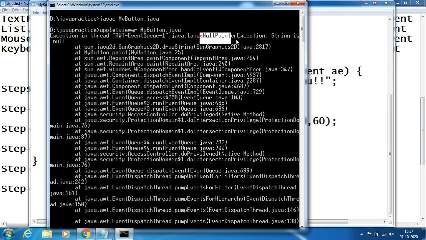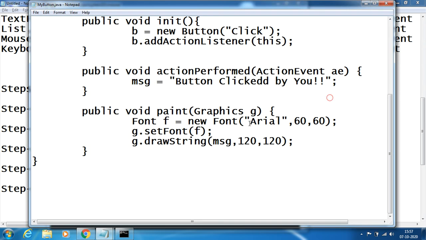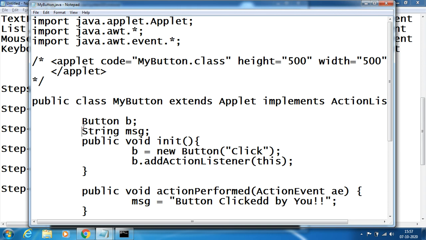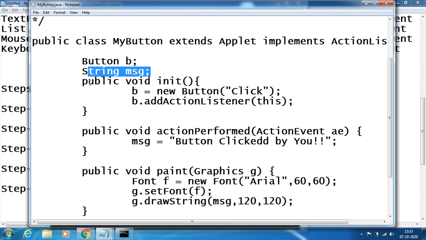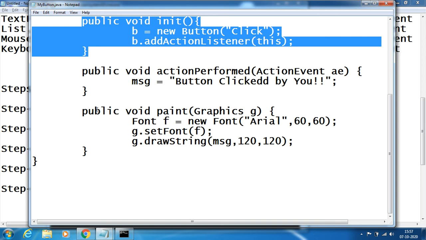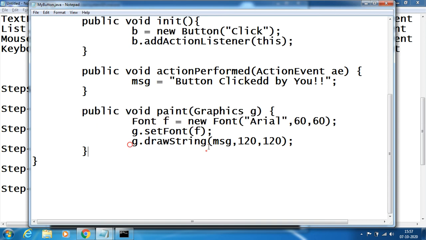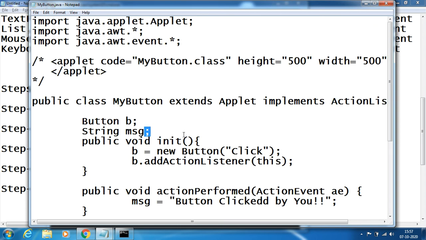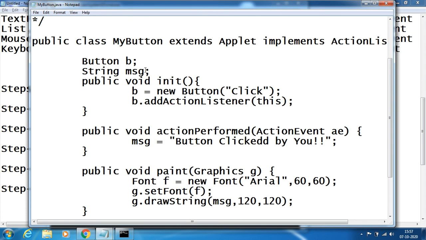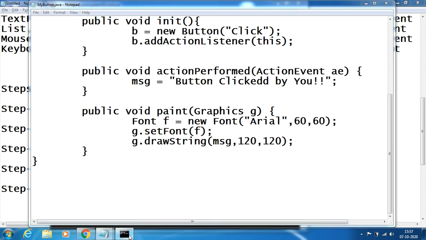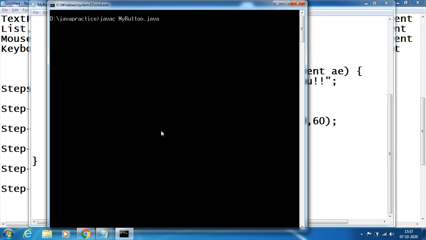The null pointer exception mainly says that the string is null, because I have declared the string message with no value here, and immediately this applet will first initialize, then it will go to paint and print msg as empty. What is msg now? msg is a null value, hence it throws a null pointer exception. So we just say here msg equals an initial value, say empty. Done. An empty value.